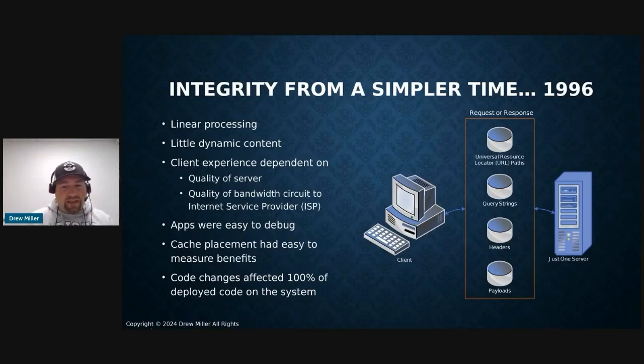Effectively, we have these key parts of HTTP, and there's lots of other types of APIs, but we're looking at HTTP today specifically in the examples. We have our URLs, query strings, headers, payloads. We have all this data going back and forth, and we basically want to make sure that we don't have any types of exploits. So what happened over the last 20 years plus, almost 30 years now, is that,